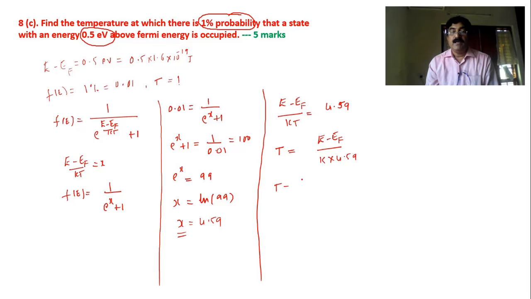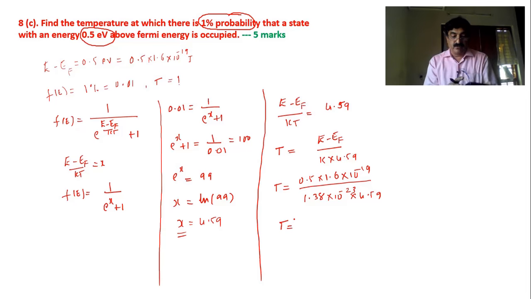So that is 0.5 into 1.6 into 10 power minus 19 divided by Boltzmann constant, which is 1.38 into 10 power minus 23, into 4.59. Dear students, please simplify this and you will get the answer. Just I will do it for you. 0.5 into 1.6 to the power of minus 19 divided by 1.38 to the power of minus 23 into 4.59 comes out to be